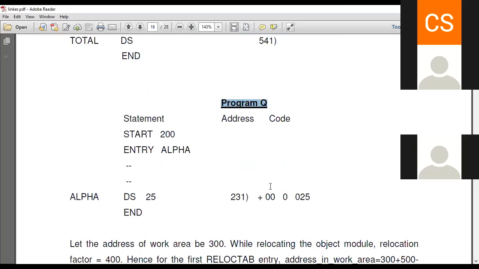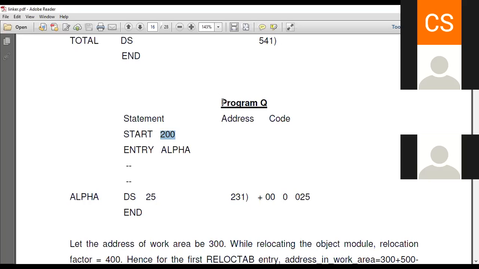मग ह्या केस मध्ये जर आता ह्याचे स्टार्टिंग पॉइंट आहे 200 आणि अल्फाची लोकेशन तिथे कुठल्या लोकेशनला आहे, अल्फा इज डिफाईन ऍट 231. Now since here start address is 200, and relocating we have to first calculate the relocation factor. Relocation factor first is the program link origin.